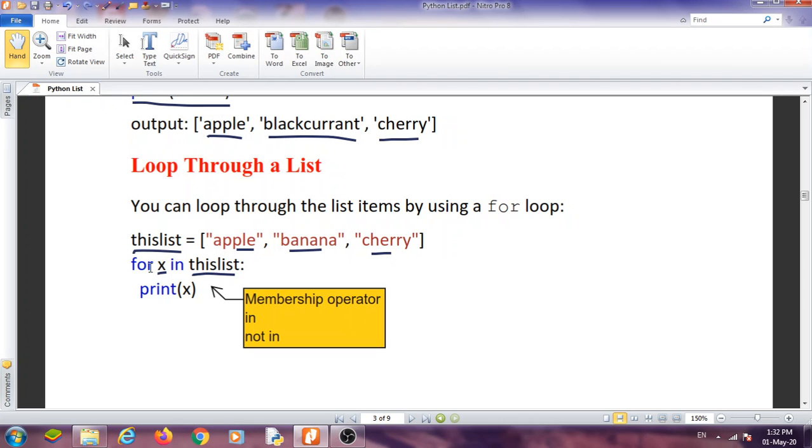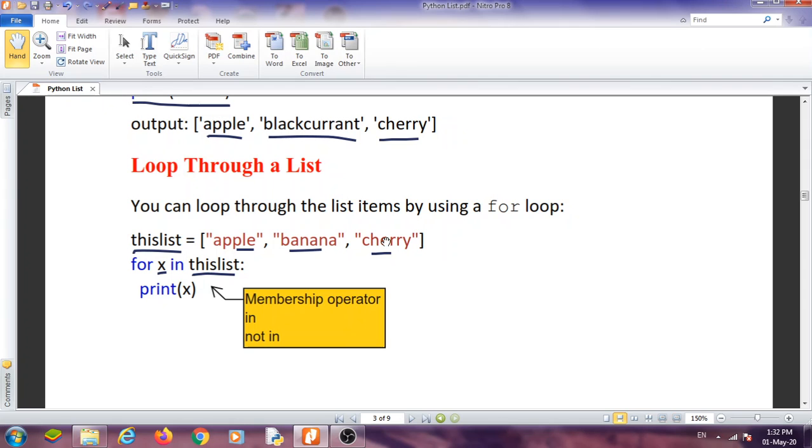How does it run? x reads the first value, apple, which means it finds the value, so it will return true. Then this block will execute. Second, x will find the value banana, so the in operator will return true, and the print will display.